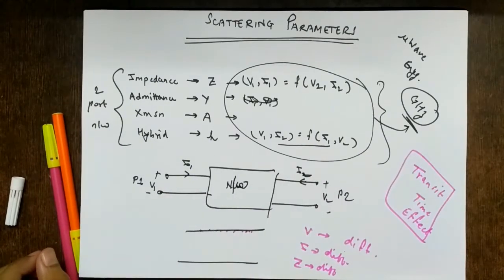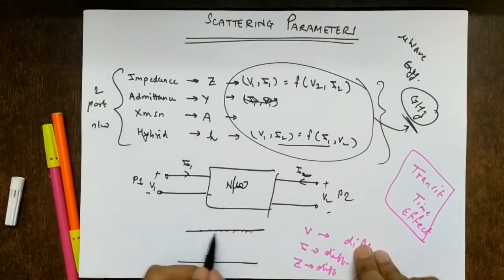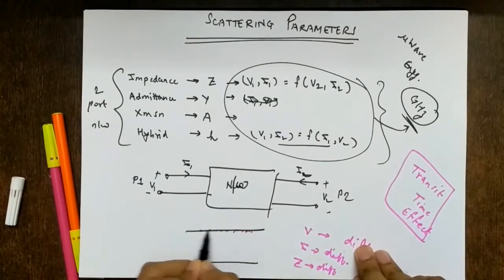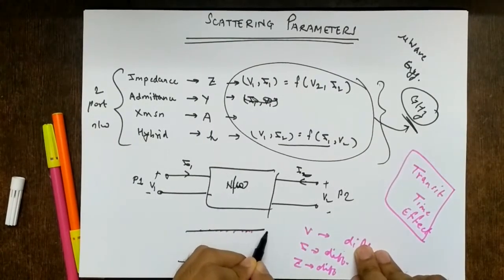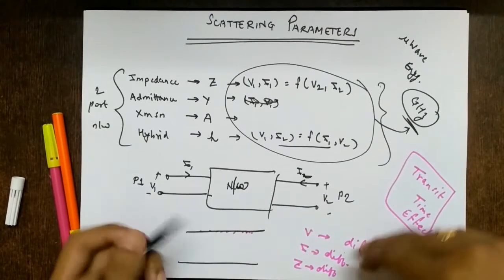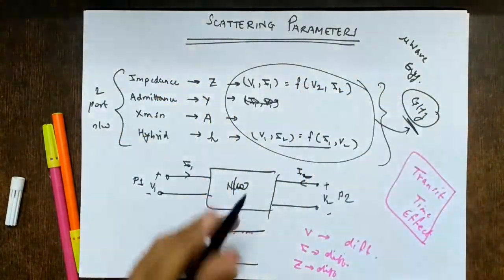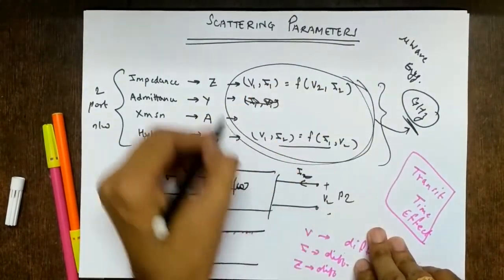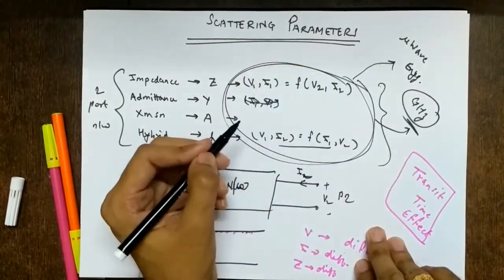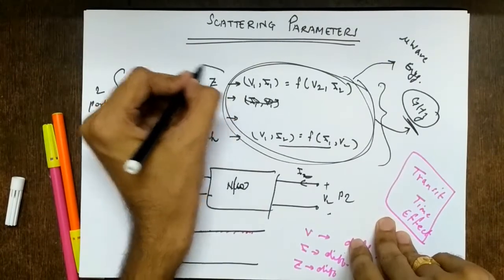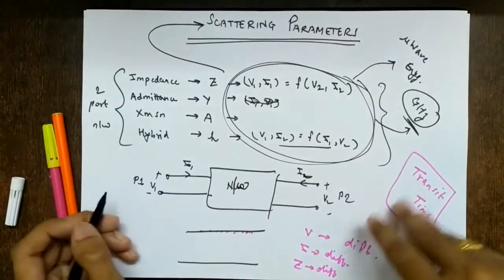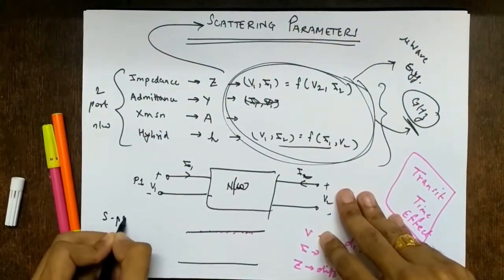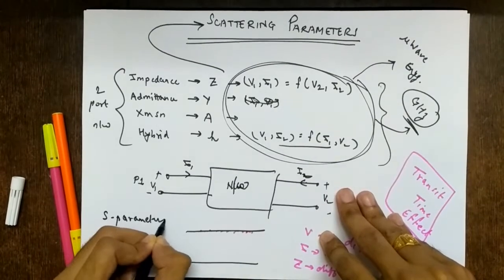So what will happen? Because of this, I can see the impedance is changing at each and every instant of time, right? So as you are measuring with a voltmeter, for example, it will just keep on changing. So this method fails at microwave frequencies, right? That is the reason we introduce a new parameter which is called the scattering parameter. They are abbreviated as S parameters, right?